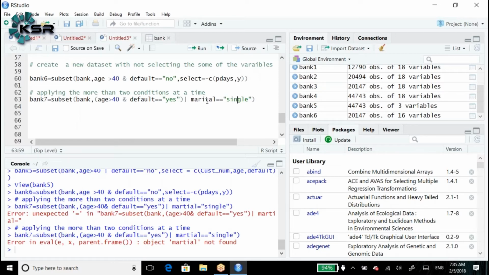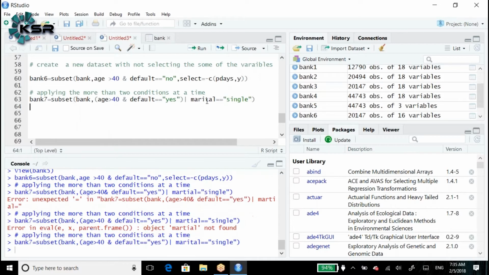See these general kinds of common errors. Now it's created. Bank 7 is 13,092 with 18 variables. This is how we can apply the subset.